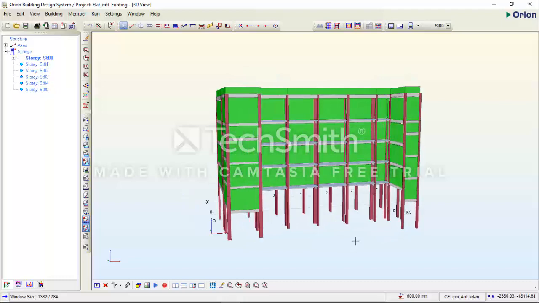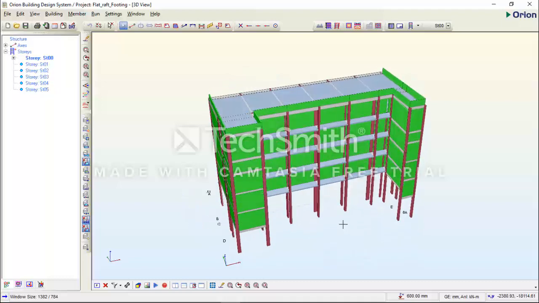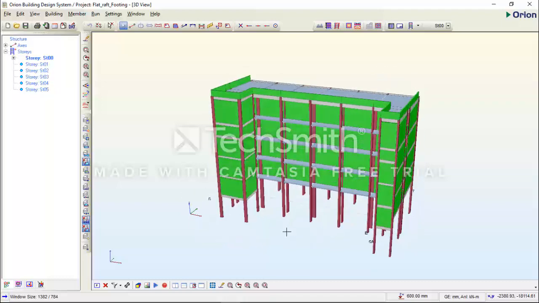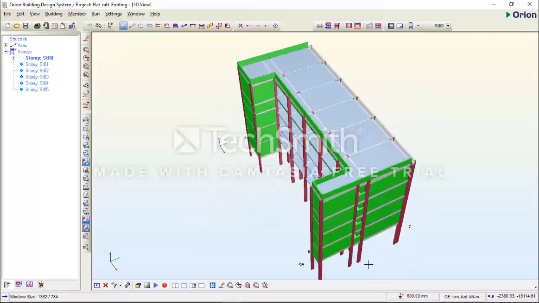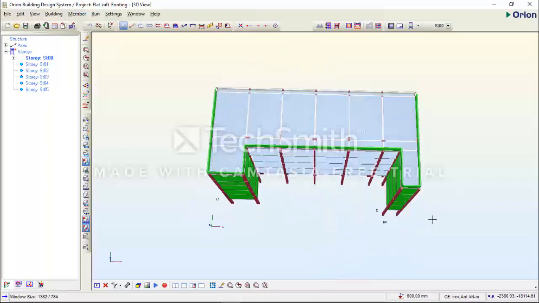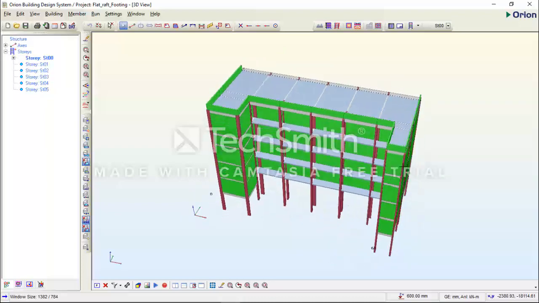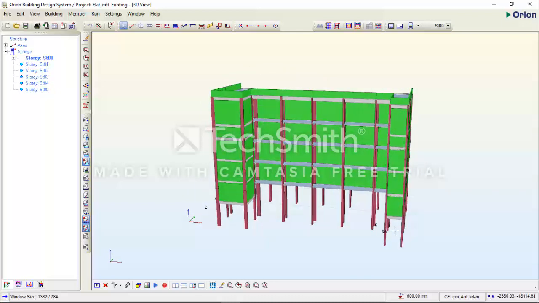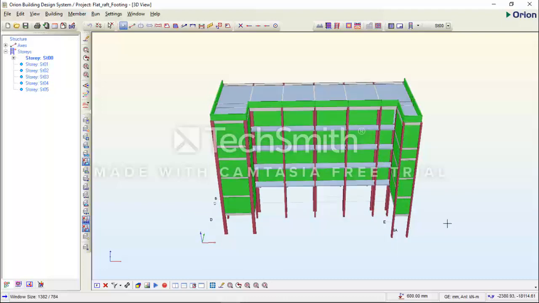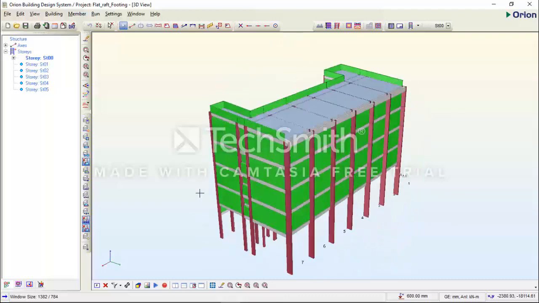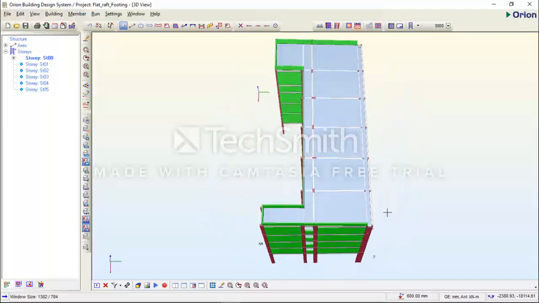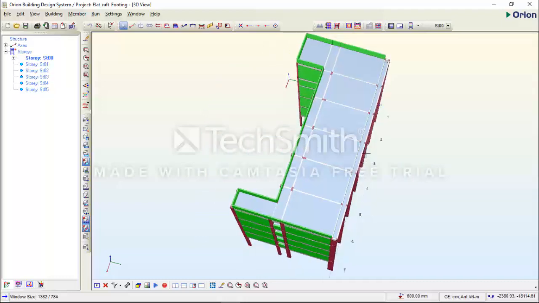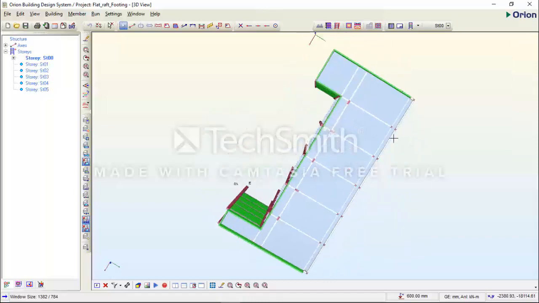I'm going to insert a rough foundation around the building, and I will provide a 1 meter apron all around the building from this column, from the center line of this column. See how I explain this. This is where my cursor is, this column, the center line of the column, my foundation slab will be 1 meter to the right of that column. From the center line of my external perimeter, I'm going to extend my foundation 1 meter from the perimeter.